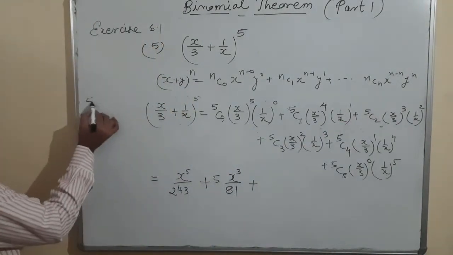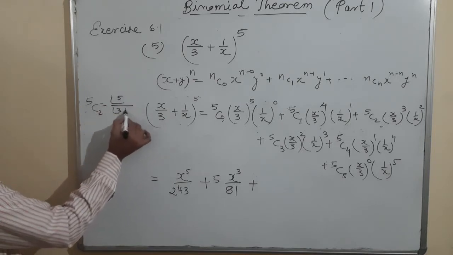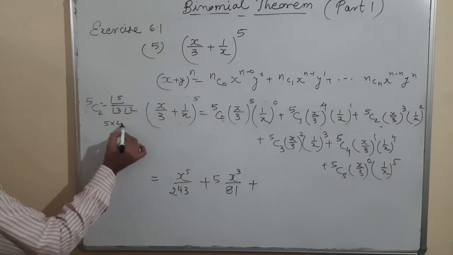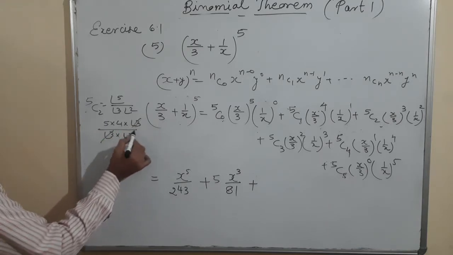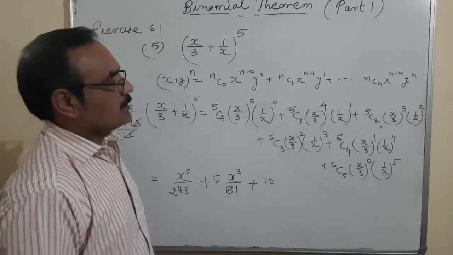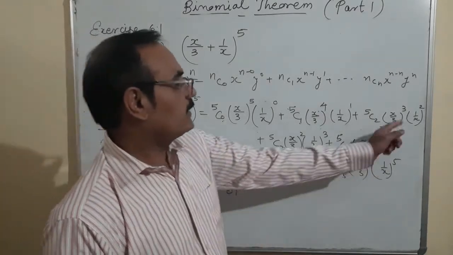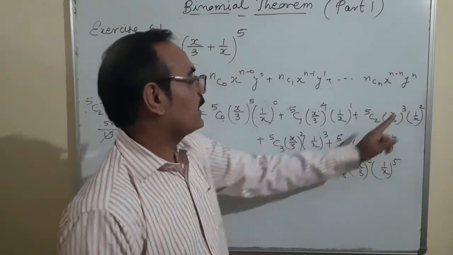How to find out? Factorial 5 upon factorial 5 minus 2, factorial 3 factorial 2. 5 into 4 into factorial 3 upon factorial 3 into factorial 2. Cancel, 10. So it is 10, and x to the power 3, x to the power 2, 2x cancel, 1x is left,